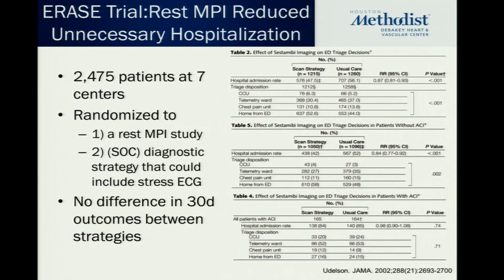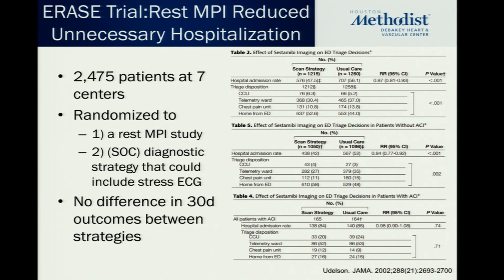So right then and there, you inject them with technetium, you image these patients, and you're looking for a perfusion abnormality. Now, it's helpful if they don't have known CAD. Obviously, if they have known CAD, it becomes a little bit problematic, especially if they have known scar. So this would be for patients without known CAD. And this was a big study called the ERASE trial, very well known in the nuclear literature. 2,500 patients, 7 centers,